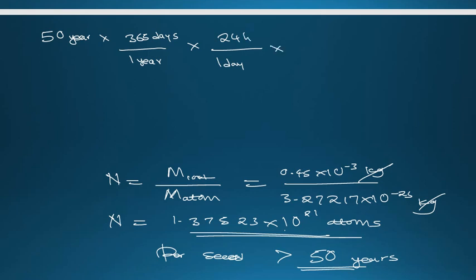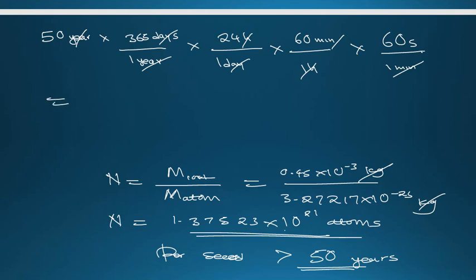To cancel hours, 1 hour is made of 60 minutes. To cancel minutes, 1 minute is made of 60 seconds. So now you can see that years and years will go, days and day will go, hour and hour will go, and minutes will go. We're going to remain with seconds. This is how dimensional analysis has made the conversion of units very simple. So we're going to remain with 50 times